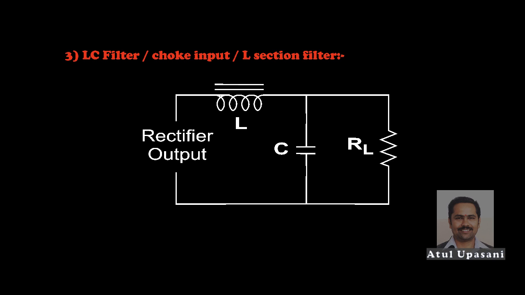Even if AC current manages to pass through the inductor, it will flow towards the low reactance of the capacitor rather than the load. Thus the ripple factor is greatly reduced at the output, as the inductive reactance is greater than the capacitive reactance. So here the first filtering action is done by the inductor and the second by the capacitor. In this way we get pure DC at the load resistance.